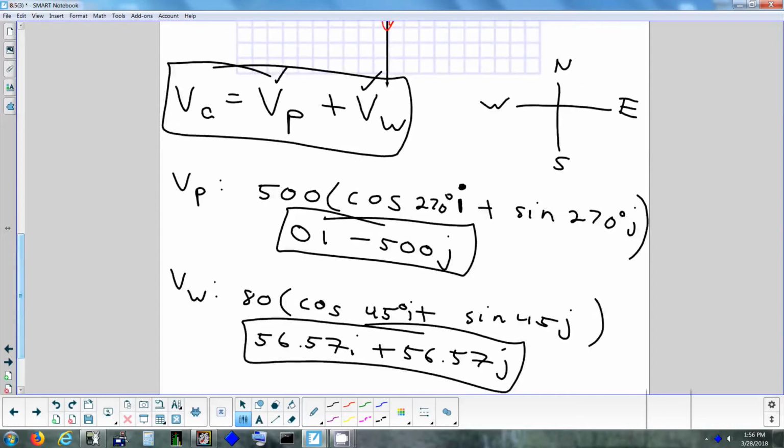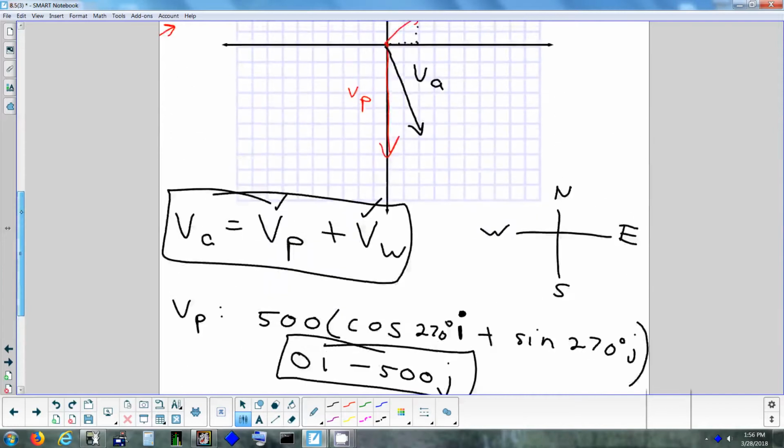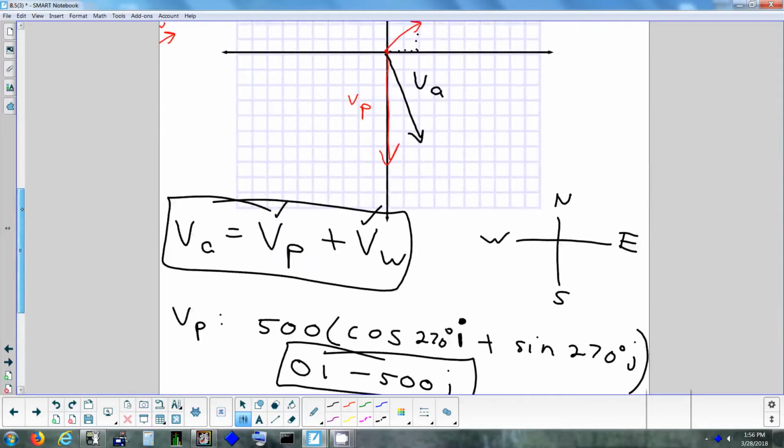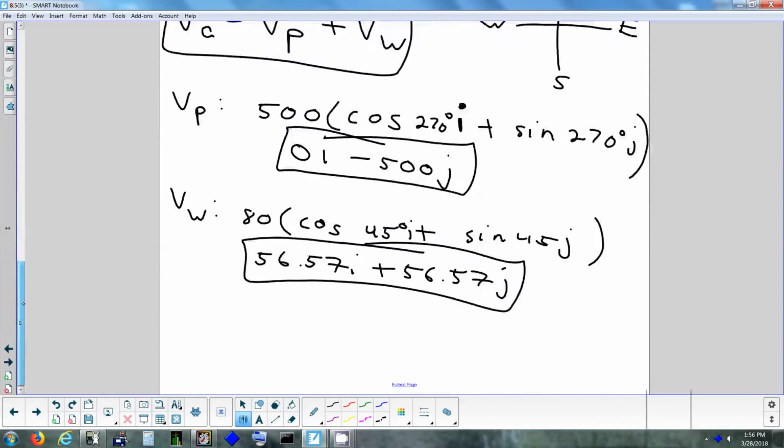And I can now combine them together to find the formula for the vector in black, okay, V sub A. Okay, so V sub A is going to be, actually I won't even number them 1 and 2, I'll just say V sub P plus V sub W. V sub P doesn't have an I component to it, so when you combine it with V sub W, it's just 56.57i. Plus, actually it's going to end up being minus,